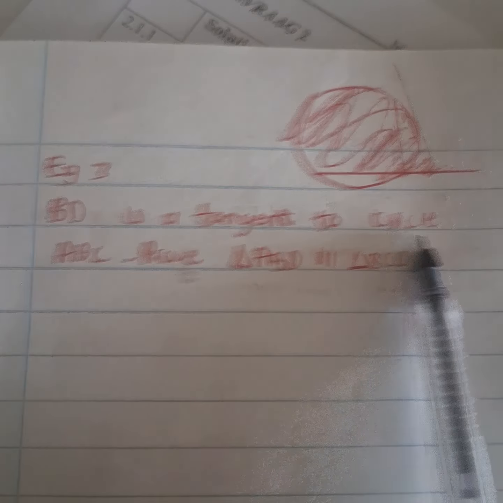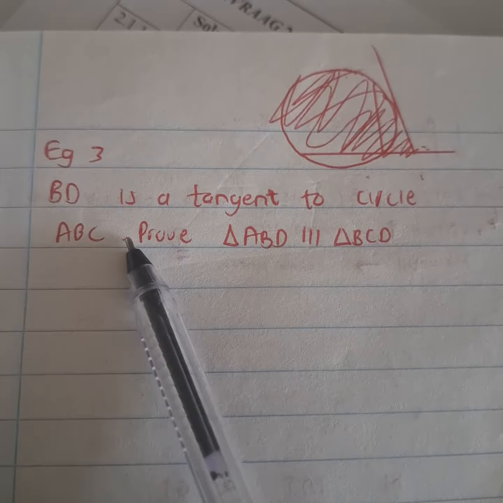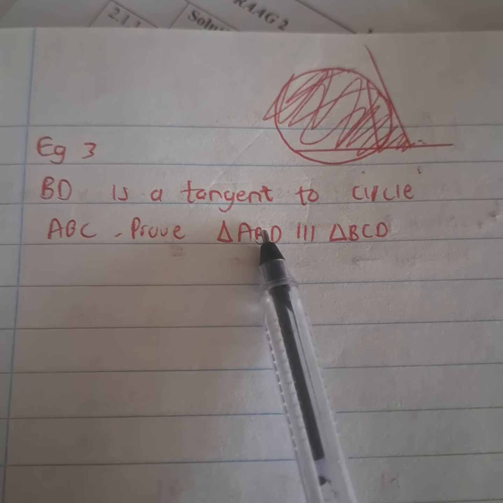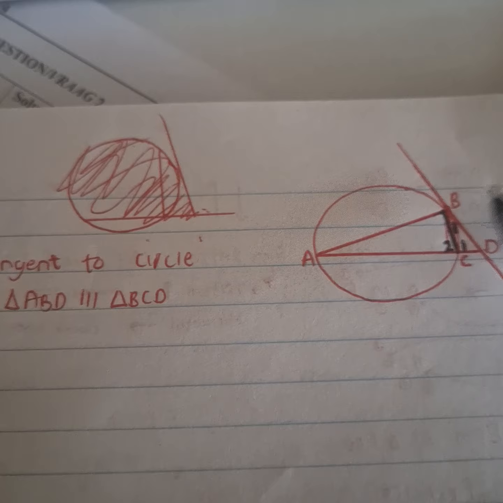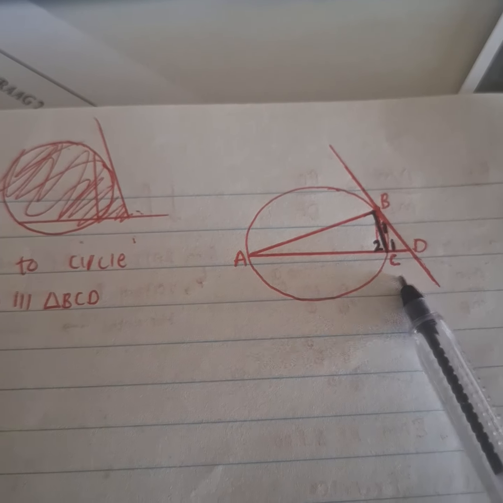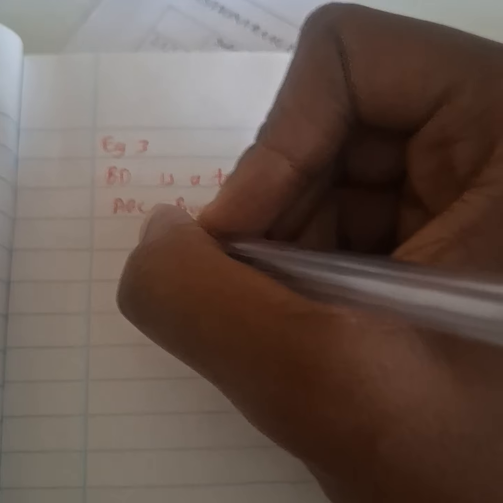Okay, so here we are asked: BD is a tangent to the circle. So here's BD. Then we are asked to prove that triangle ABD is similar to triangle BCD. So let's go. First and foremost, what we want to do here is we say in triangle